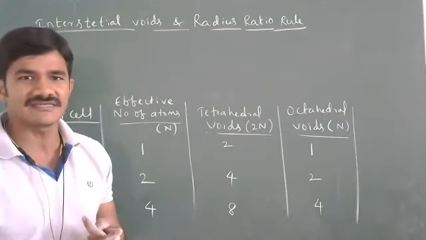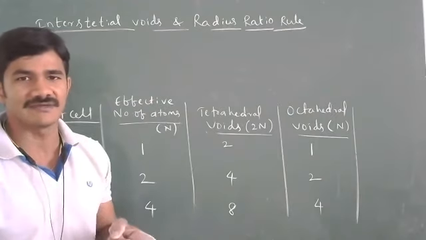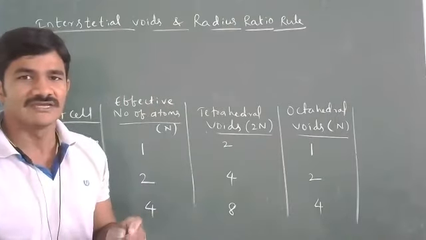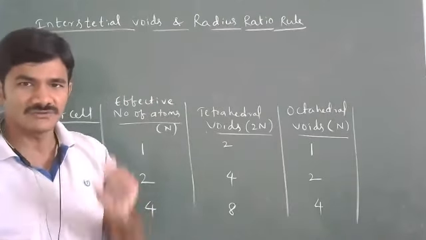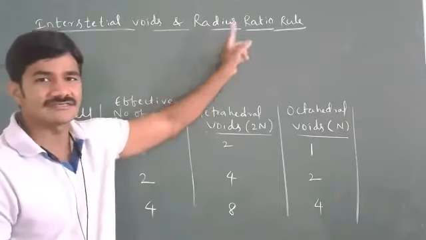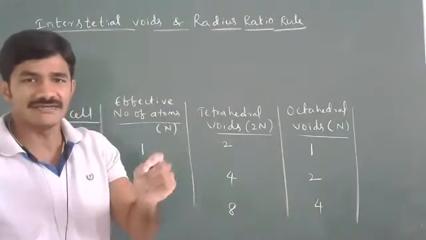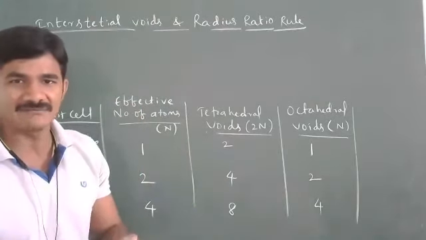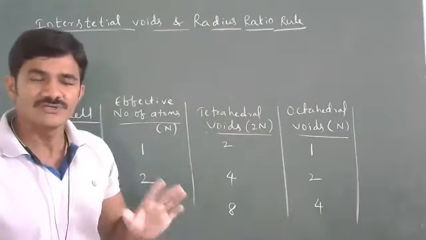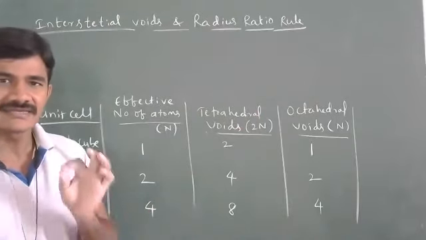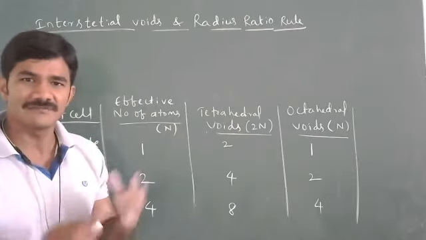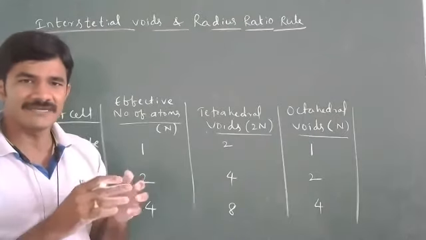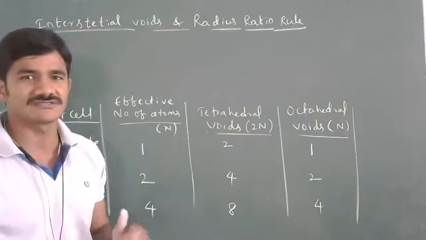What is the cation in NaCl? Na plus. Anion, Cl minus. So Na plus and Cl minus form a close packed structure. The radius of cation to radius of anion is known as the radius ratio rule. That is the radius of the smaller atom divided by the radius of the bigger atom. Always remember, in ionic crystals the cation is always smaller and the anion always bigger. Being smaller, the cation occupies the voids. Being bigger, anions form close packed structures.